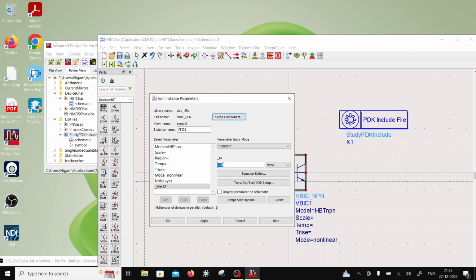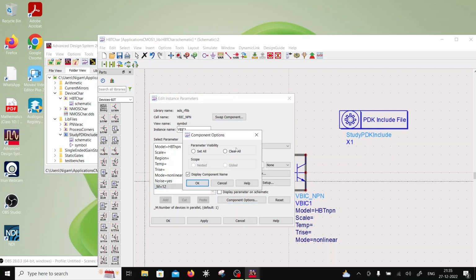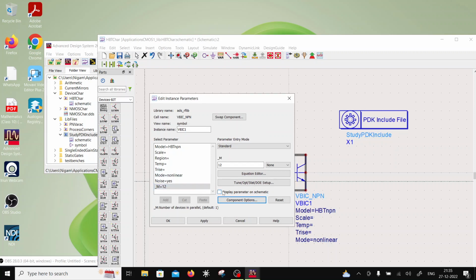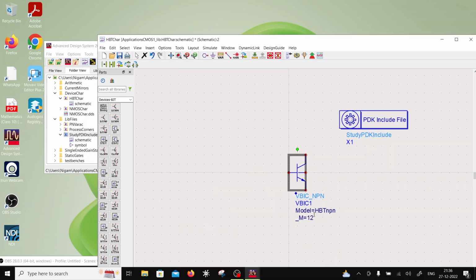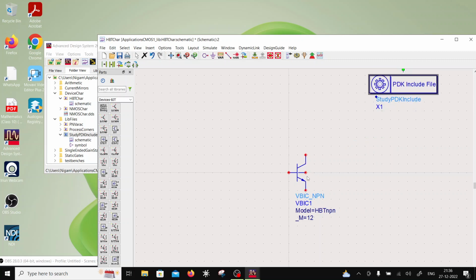Okay, so a 25 into 12 would be 300 micrometer square is the emitter area, 300 micrometer square. So I'm just going to display the multiplicity, the model name, and that's it. Okay, so now the devices, usually the large devices have very large gain at the lower frequencies, and they tend